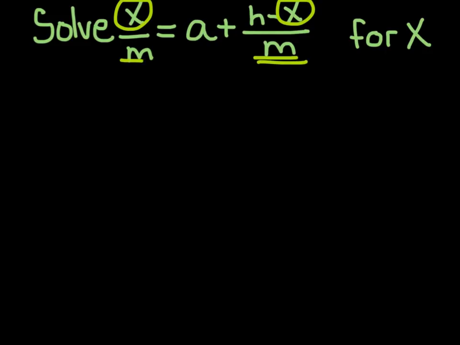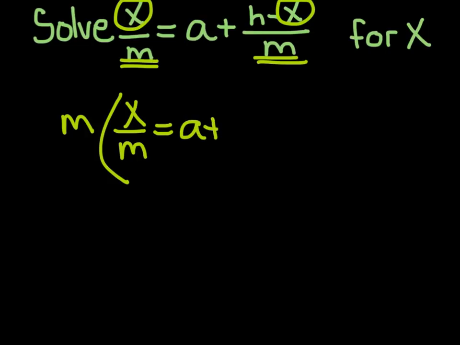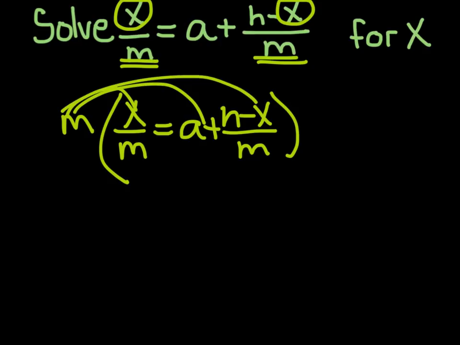I don't want fractions. So to get rid of a fraction, you multiply everything by the denominator, as long as you multiply everything in the equation by that denominator. So I'm just going to put it out in parentheses. x over m equals a plus h minus x all over m. You distribute it to this and this and this, then it's still equal. So now if I distribute it to the first one, they cancel out and I get x equals, and then m times a would be ma, and then times the second group, the m's would cancel, and I'd have plus